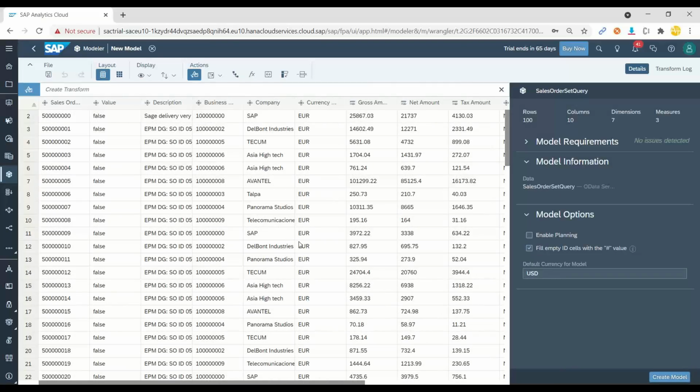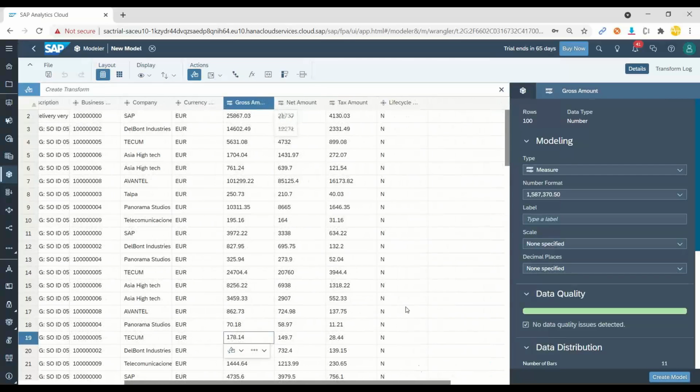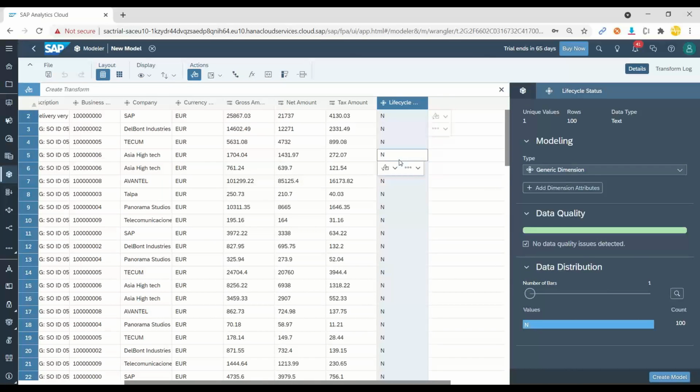I can apply all sorts of analysis. I can do data wrangling, I can do data transformation, and whatever processing I would like to do, I can perform. For example, for some of the records I would like to change the order status to, let's say, blocked. So I'm just going to change my data here right away. Double click and say B. And I can apply the change. You can see, you can apply complex transformations. That is also possible. I will also say D, delivered.